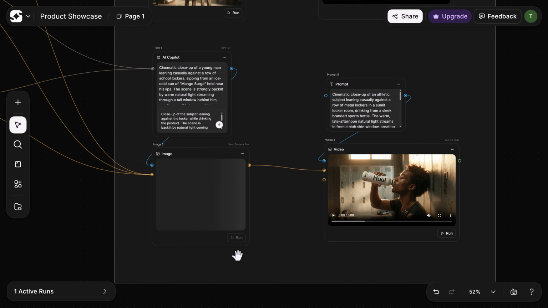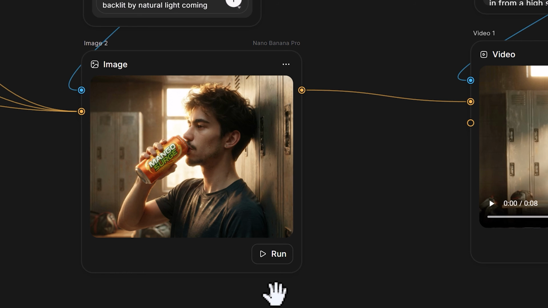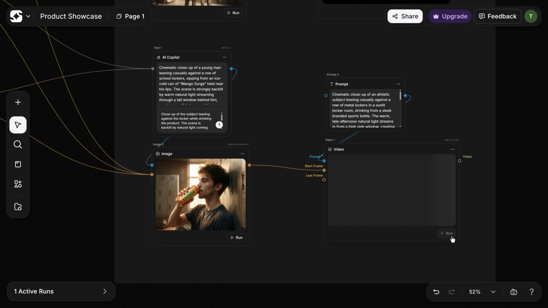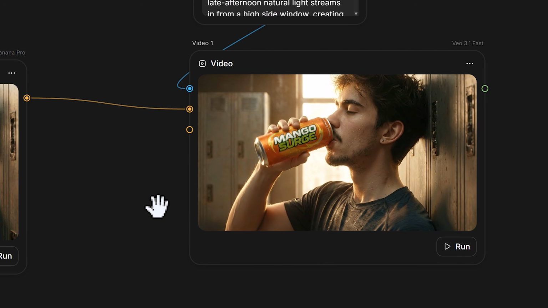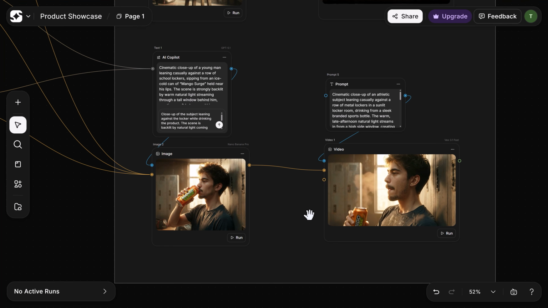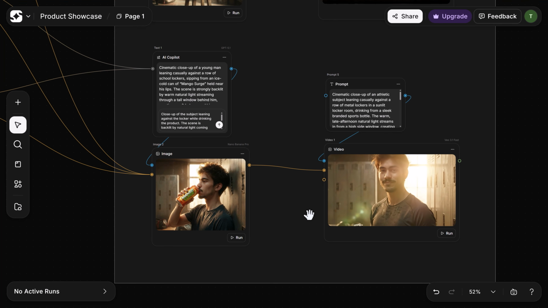Click on run and once it's done, it should show a picture of me drinking Mango Surge. That looks so cool and scary. Alright, now it's time to run the video model. Oh my lord, that looks amazing. I just created a new brand and a short advertisement by prompting. Can you believe that? Now I want to create another ad for Mango Surge, so let's go back to the